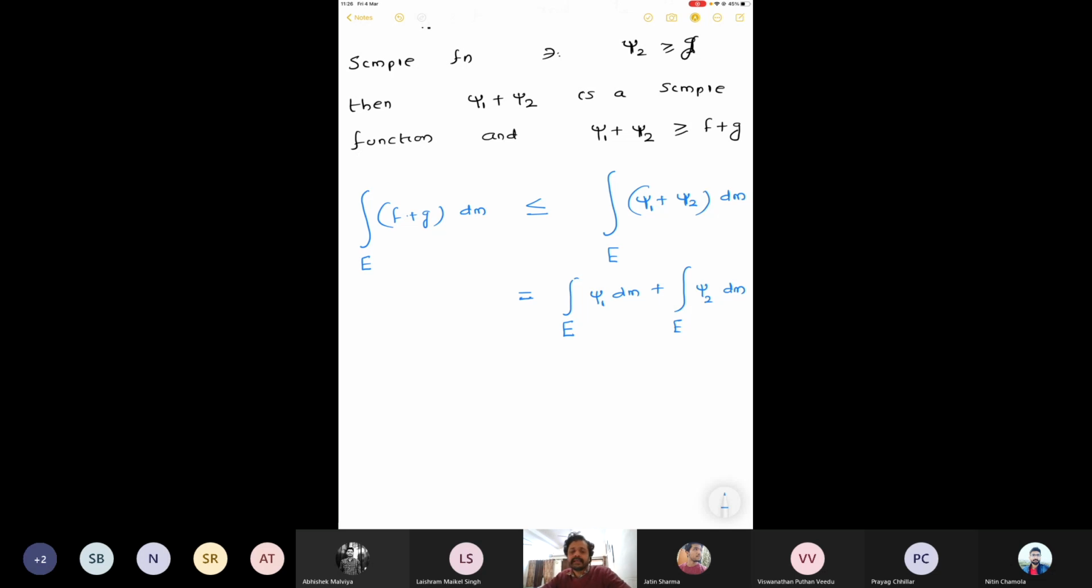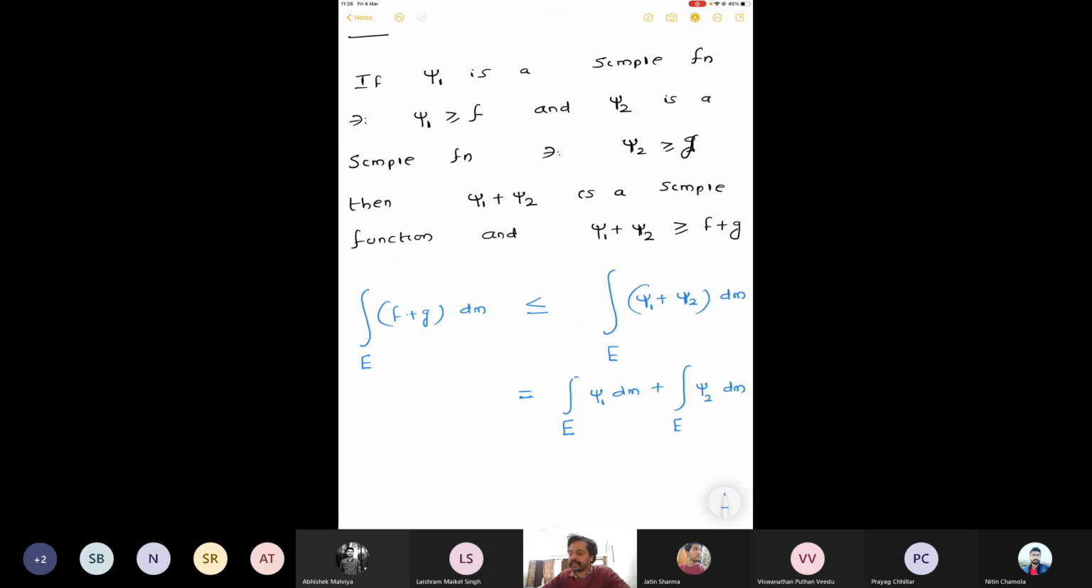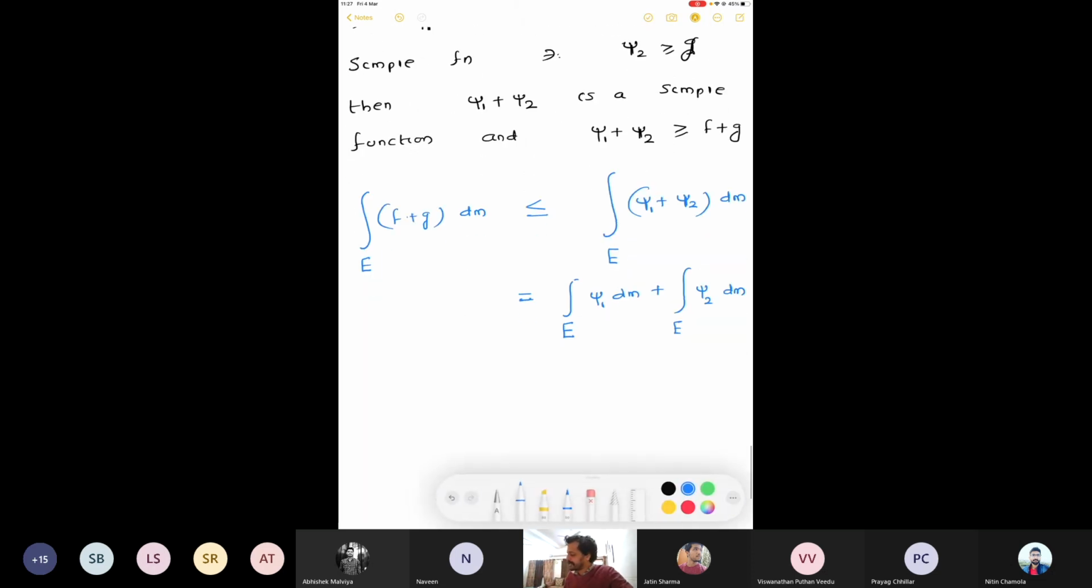Ultimately, it is an inequality. This inequality is true for all simple functions psi1 greater than or equal to F and all simple functions psi2 greater than or equal to G. Yes or no? Yes, sir. This inequality is true for all simple functions psi1 greater than or equal to F and all simple functions psi2 greater than or equal to G. Once it is true for all, it should be true for the infimum. And therefore, taking the infimum,